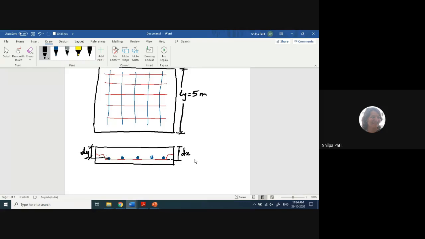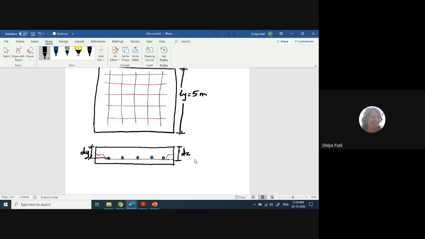So it should be at the CG of the blue color bar. That's why the dx and dy values will always be different. These values will not be the same. Obviously lx, ly values are also different, but we do not calculate the dy separately by making use of the